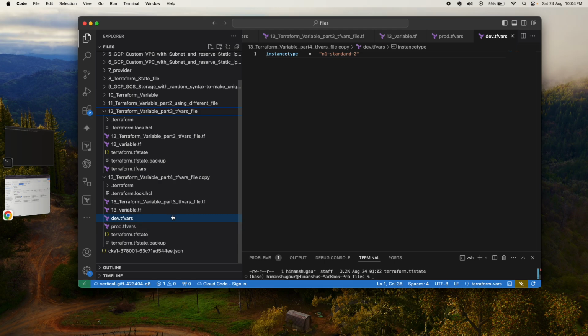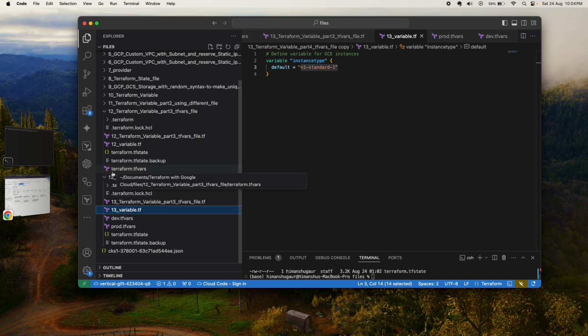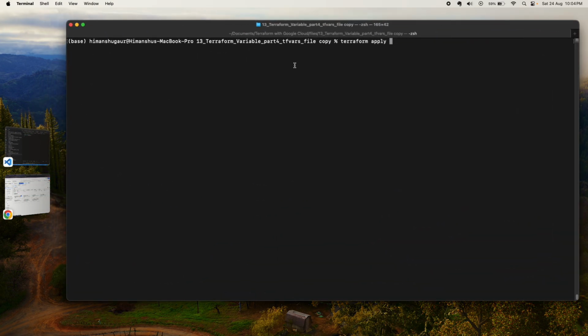In that case, those variables will not automatically overwrite the default variable supplied in the variable.tf file. It will overwrite only if the file name starts with terraform and ends with .tfvars. So in the variable file we have the n1-standard-1 parameter, and if I fire the command terraform apply,